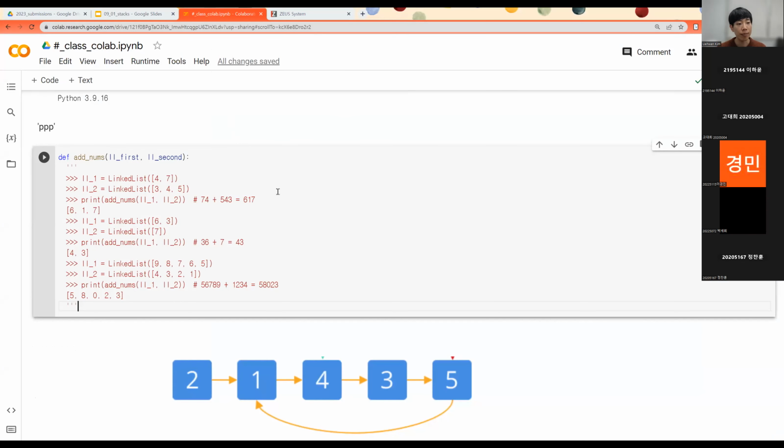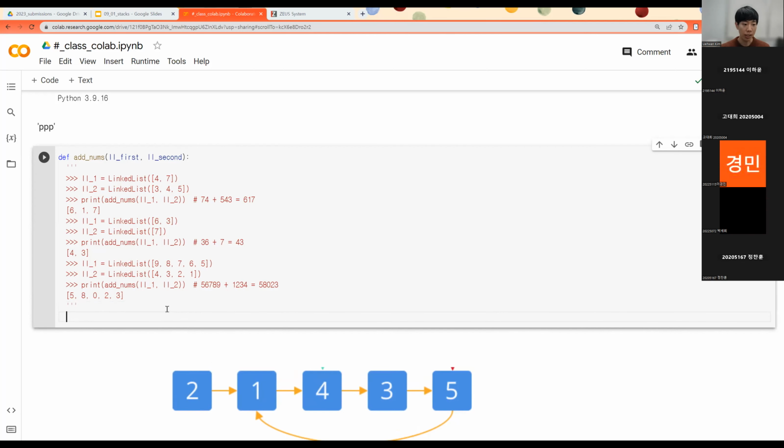Cool, let's move on. Before we talk about stacks today, let's talk about last lecture's 2 PPP problems. The first one was implementing this add nums function. We're going to receive 2 linked lists. The first one represents the first number, 74, and this one represents 543. What we can do is, first, loop through all the items inside this